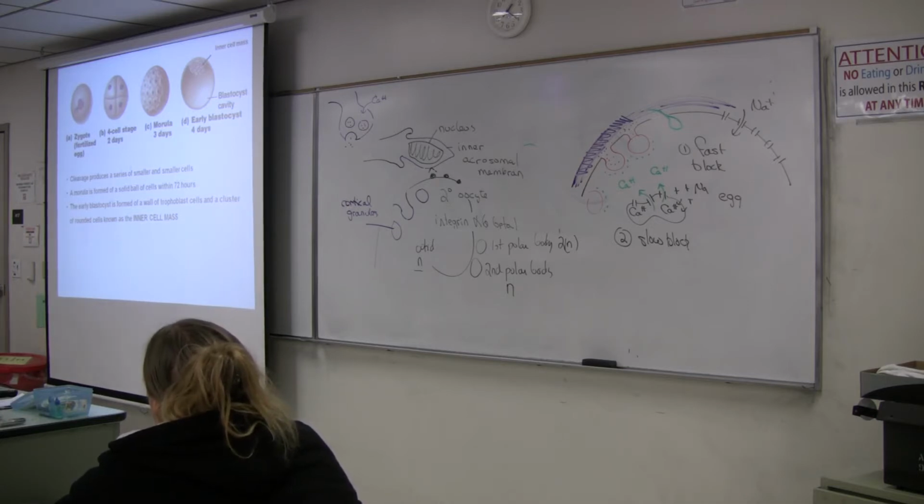Now, you can see that we start to have a different environment for each of these cells. They're all 2N. Some of the cells are going to become the amnion. Some are going to become the embryo. Some are going to become the placenta, part of the functioning placenta, a part of the non-functioning placenta, and yet they all have the same 2N chromosomes. Even in the embryo, some of those cells are going to become nerve cells, and some are going to become muscle cells. Some of the muscle cells are going to be smooth, some skeletal, some cardiac, and they all still have the same